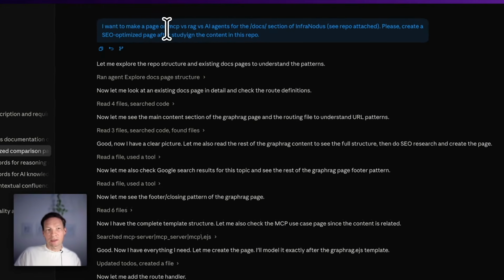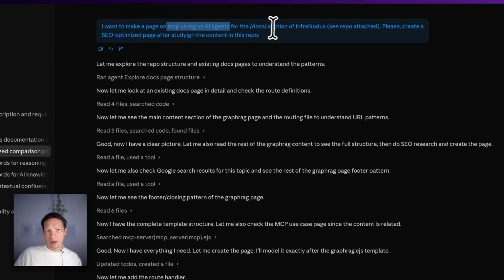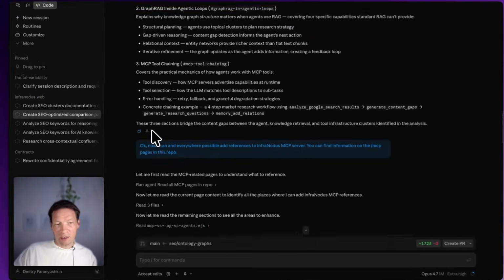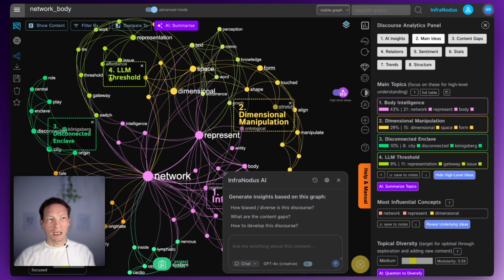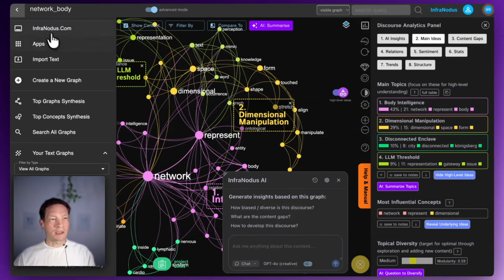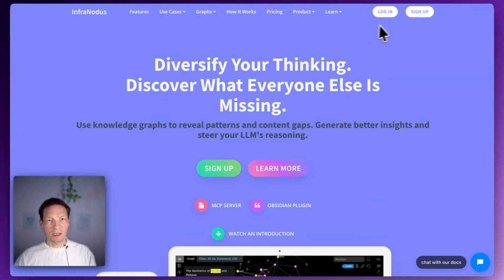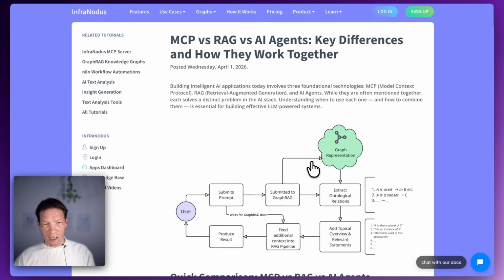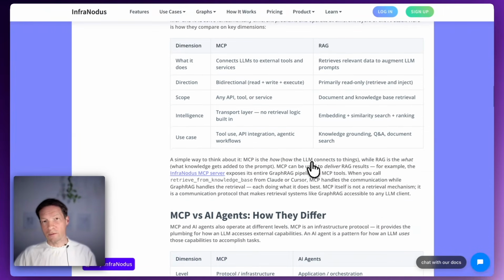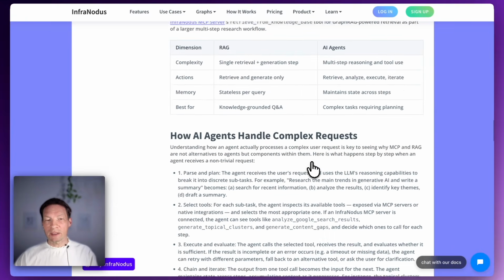And then I told it, okay, I want to create this page for the docs section. It already knows the structure, the context is there. And then it generated through a few iterations. I'm going to show later what other tools and MCP servers it used. But basically, in the end, it produced a really nice result where I had a page here on MCP versus RAG versus AI agents. It gave me a nice structure, and then of course I went in and manually edited